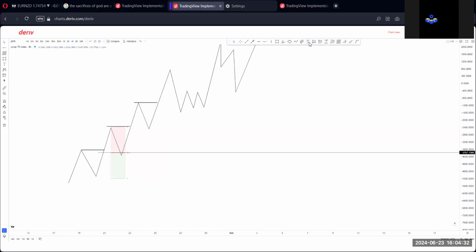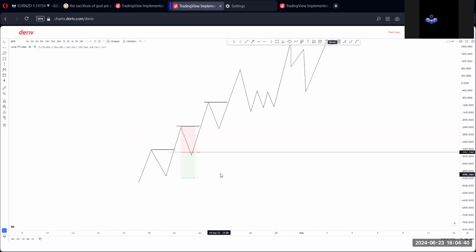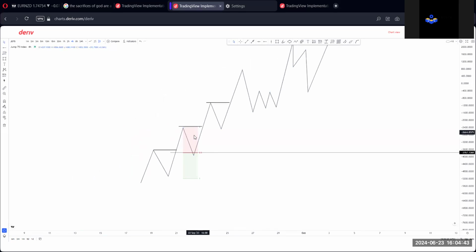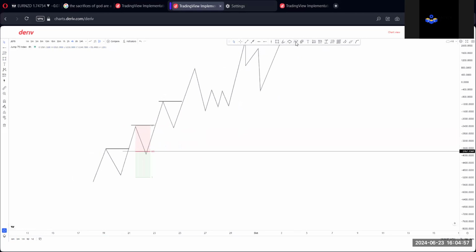That is where we can deploy either our FIB tool. Anyway, I've done a different setting for that. I'm using standard deviation. You can deploy our FIB tool, or you look for your order block, your demand zone, your fair value gap, whatever strategy that you use to find your buy entry, whether candlestick confirmation, you can use that once price is within the discount of the range. And it helps you because anytime price is in premium, price may have to retrace into discount before continuation. It happens a lot in the market. And there are times it doesn't return, but most often it returns for buyers to reposition themselves again and continue